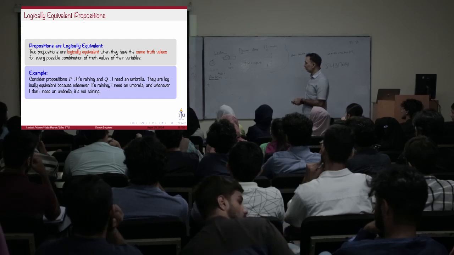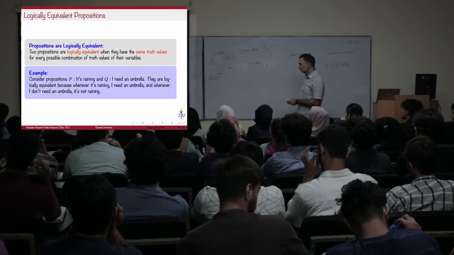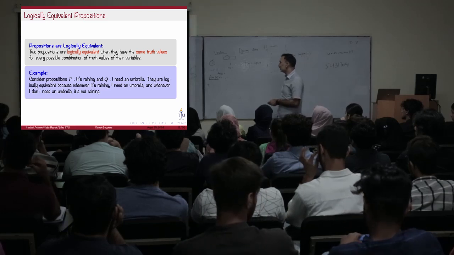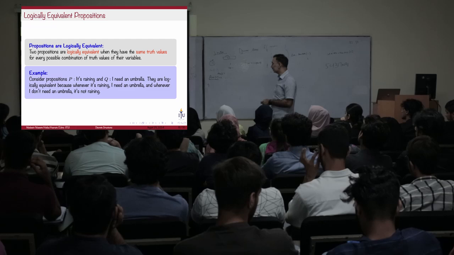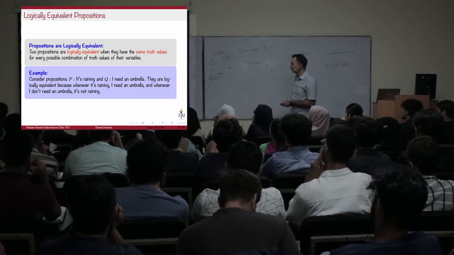So if P is it's raining and Q is I need an umbrella, they're logically equivalent because whenever it's raining I need an umbrella, and whenever I don't need an umbrella it's not raining. Okay,